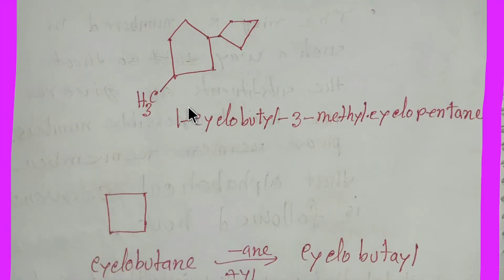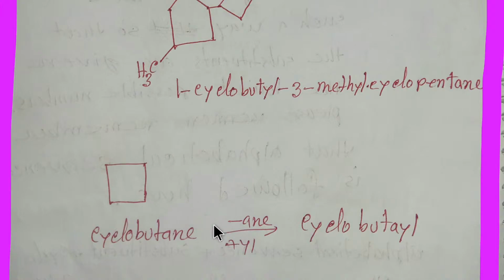Well, and what will be the name of this compound? We have to consider the number of carbons first. This has 5 carbons, this has 1, 2, 3, 4 carbons. So this is our main compound, cyclopentane, right? And this will be cyclobutyl. This is cyclobutane. We have to deduct A and E, and add YL to make it an alkyl group, a cycloalkyl group. So this is cyclobutyl, and